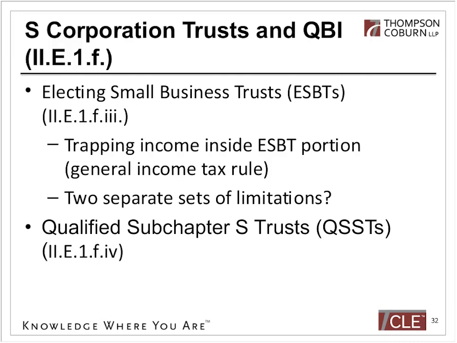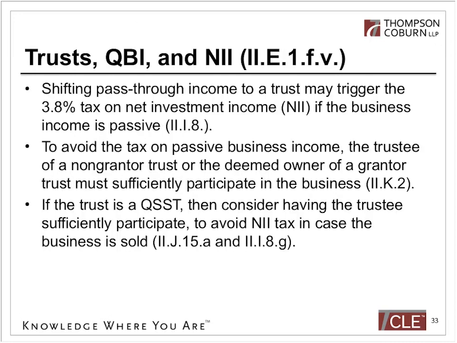So the beneficiary elects to be taxed on all of the S Corp's K-1 income, and so that is a deemed grantor trust as to the beneficiary, and so that simply passes along the K-1 items to the beneficiary to calculate at the beneficiary level. Suppose you put the pass-through income in a trust,